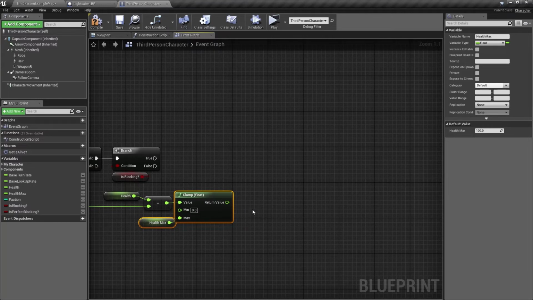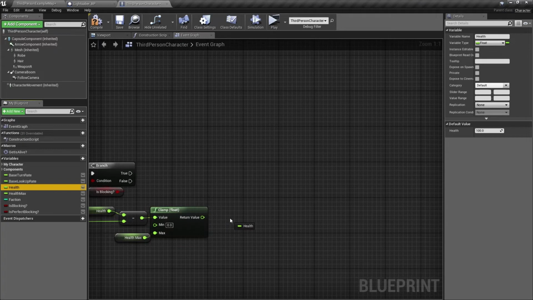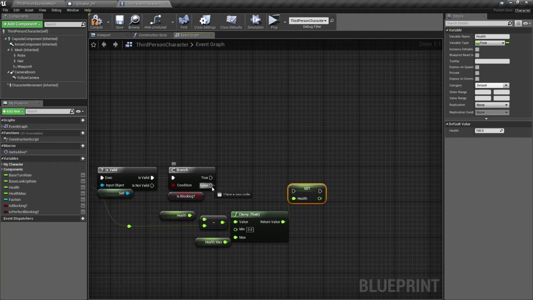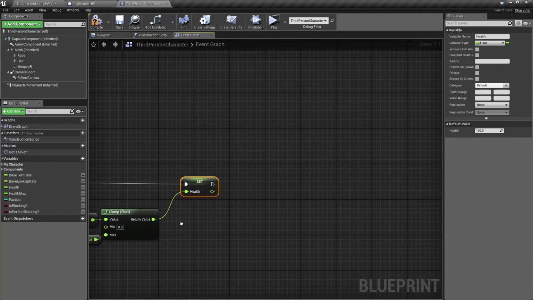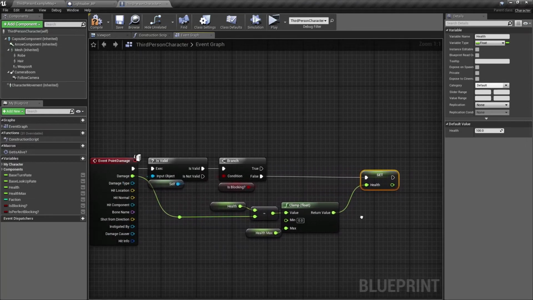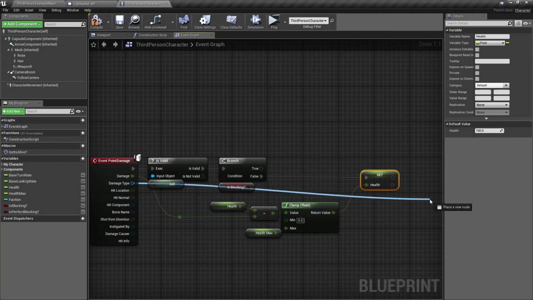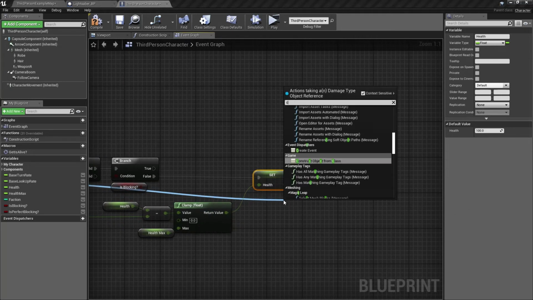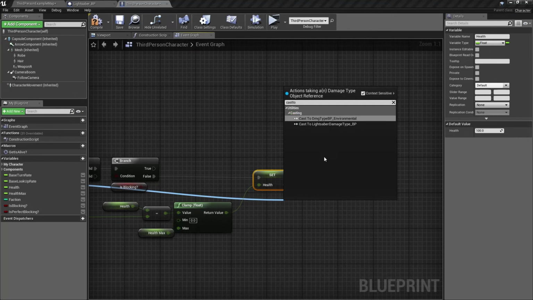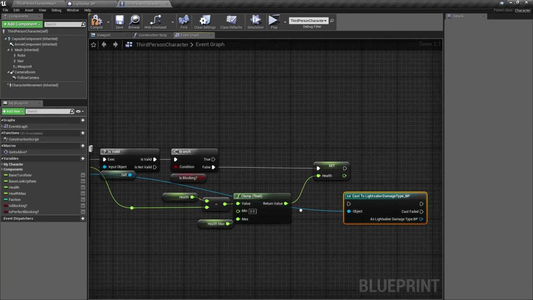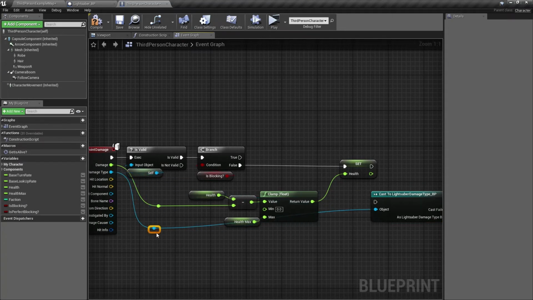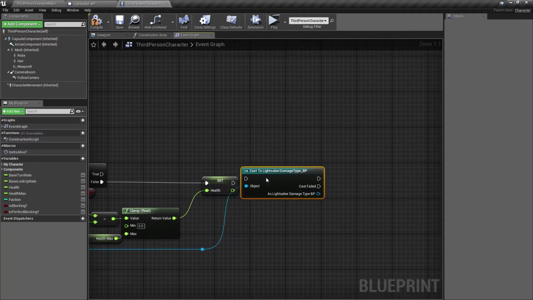So we will go ahead, and from here we are going to plug that into here and set our health. So if blocking is false, we're just going to take the damage. And then we're going to get our damage type and cast to, and then we're going to get our lightsaber damage type, and we'll go ahead and add some reroutes so this isn't so messy looking. We'll plug that in here, pull this back,